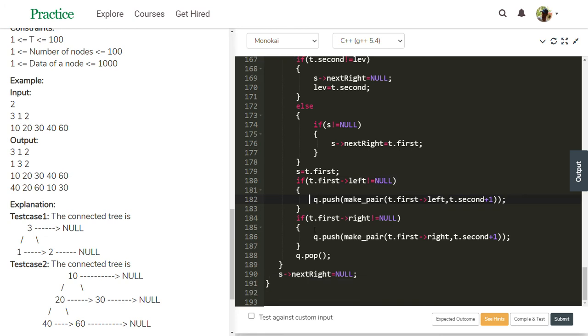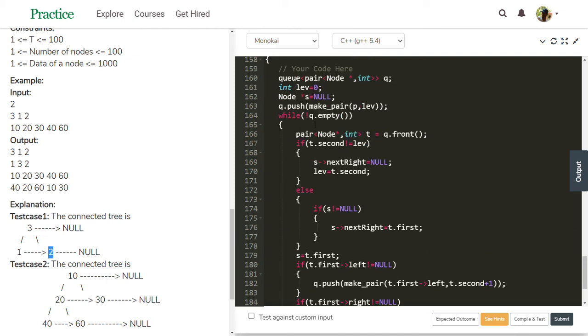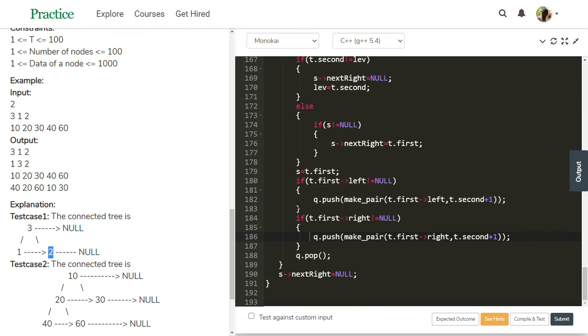This if block does not execute. T first right not null, because this node's right is also null, this block does not execute. Q pop. This node's details popped out. Q is empty now. Q not empty is false. The while loop stops execution. S next right equal to null. This next is null now. This is completed. All next rights are connected with this code.